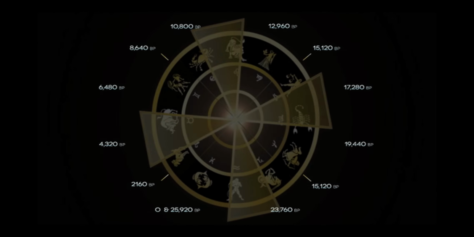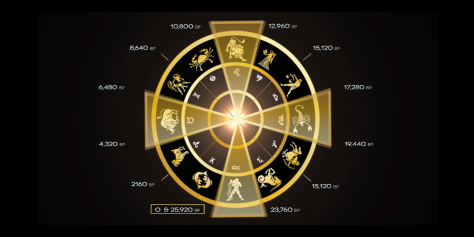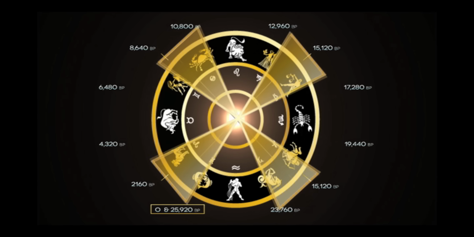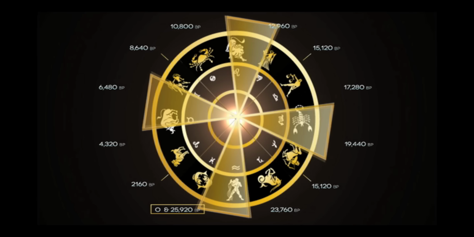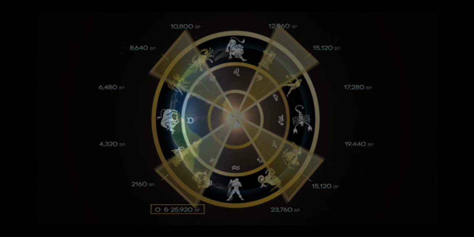12,960 years. This shows the wheel of the great year with all of the ages, the astrological months as they're known. And if we were to place ourselves right at this position right here where it says 0 years BP, BP means before present, and it also is 25,920 years. So what has been happening is that the vernal equinox, a hypothetical point in space occupied by the sun, when day and night are the exact same duration, that vernal point is moving through space as a result of this axial motion of the Earth.